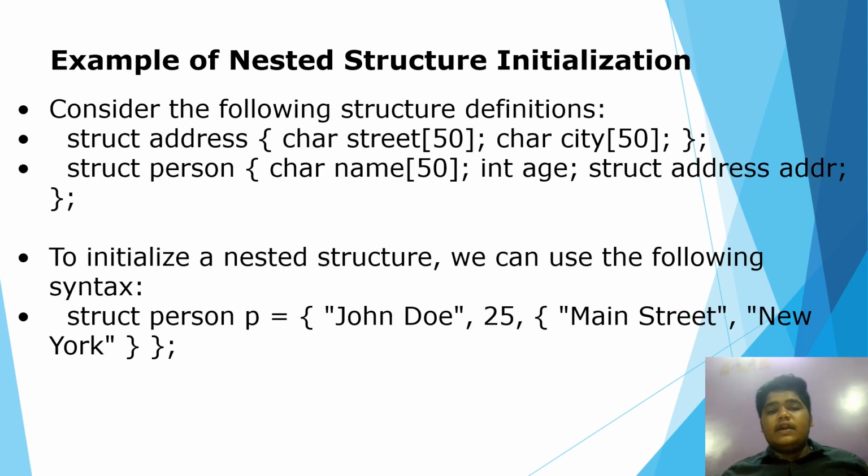Example of nested structure initialization. Consider the following structure definitions. struct address { char street[50]; char city[50]; }; struct person { char name[50]; int age; struct address addr; }; To initialize a nested structure, we can use the following syntax. struct person p = {"John Doe", 25, {"Main Street", "New York"}};